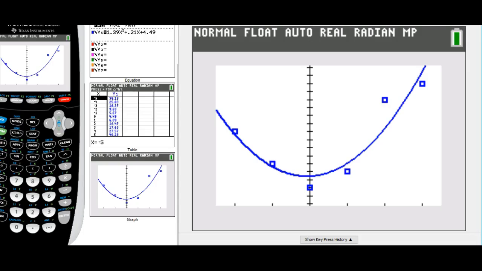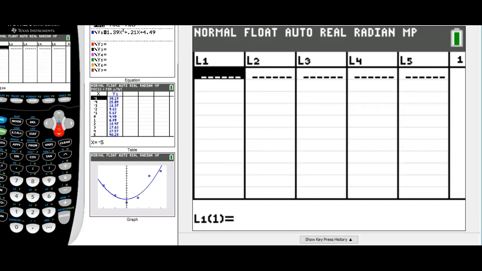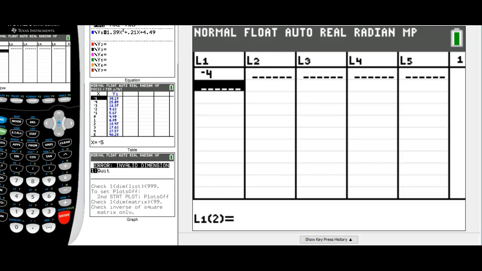You can flip over to the front if you need to follow the steps. We are going to go to stat, number 1, clear our list out. Then under L1, we're going to put our x's, so -4. Be careful when they're ordered pairs, -3. Sometimes we accidentally, -2, -1, 0, and 1. And then we'll go to L2 and put in our y's,